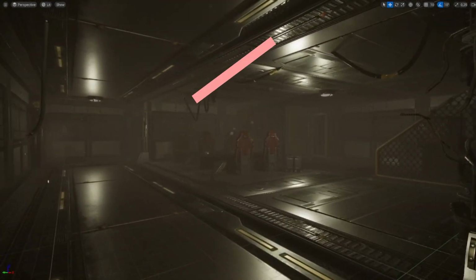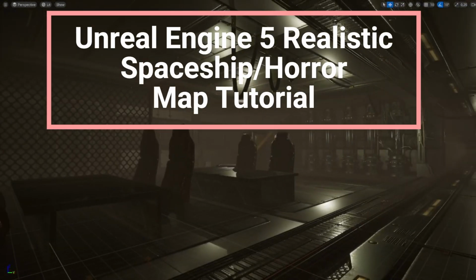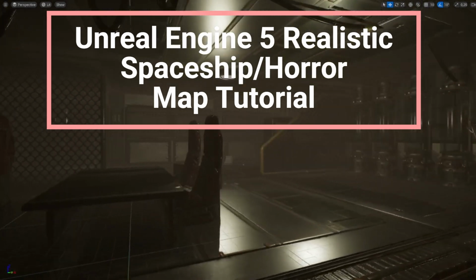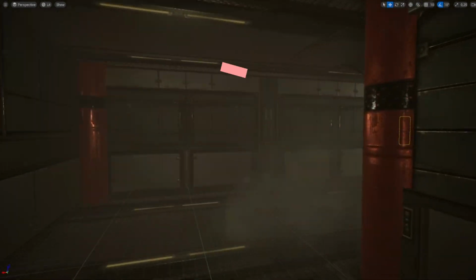Dutchman Games here. Today we're making a sci-fi ship interior, kind of in the horror vibe with some cool lighting